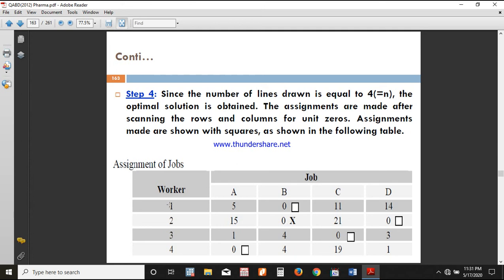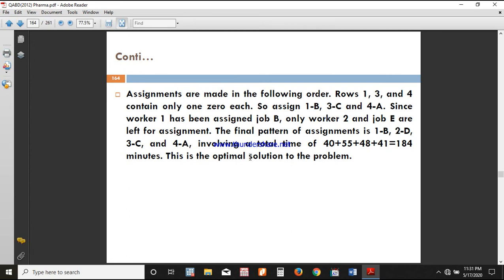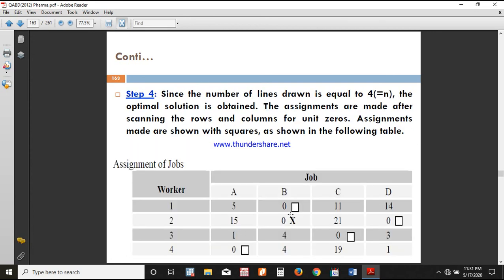Therefore, for the first worker, you can choose the 0 element to assign worker 1. The only 0 here is in job B. Therefore you can assign worker 1 to job B. Worker 2 cannot take that job since it is already occupied by worker 1, so you can allocate worker 2 to job D, worker 3 to job C, and worker 4 to job A. Then take the original values: